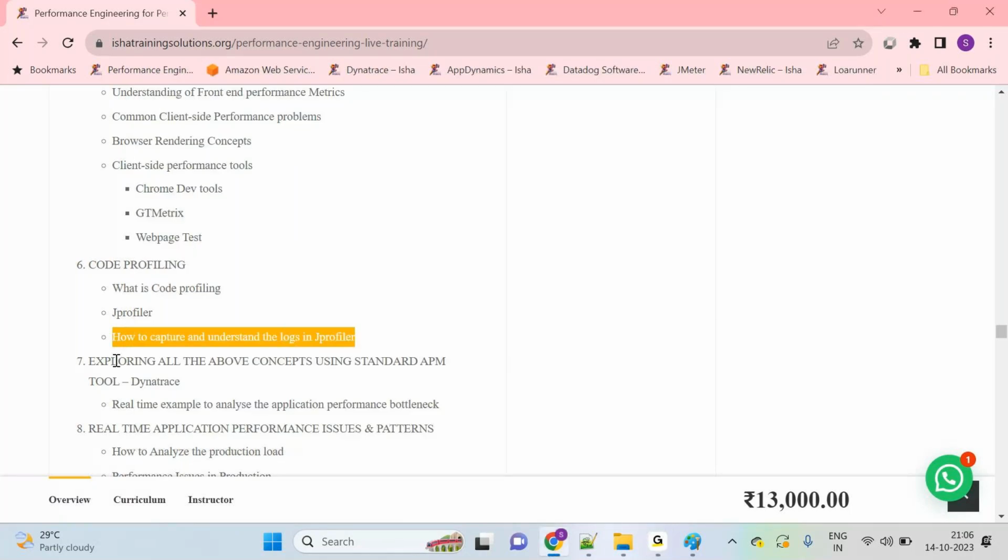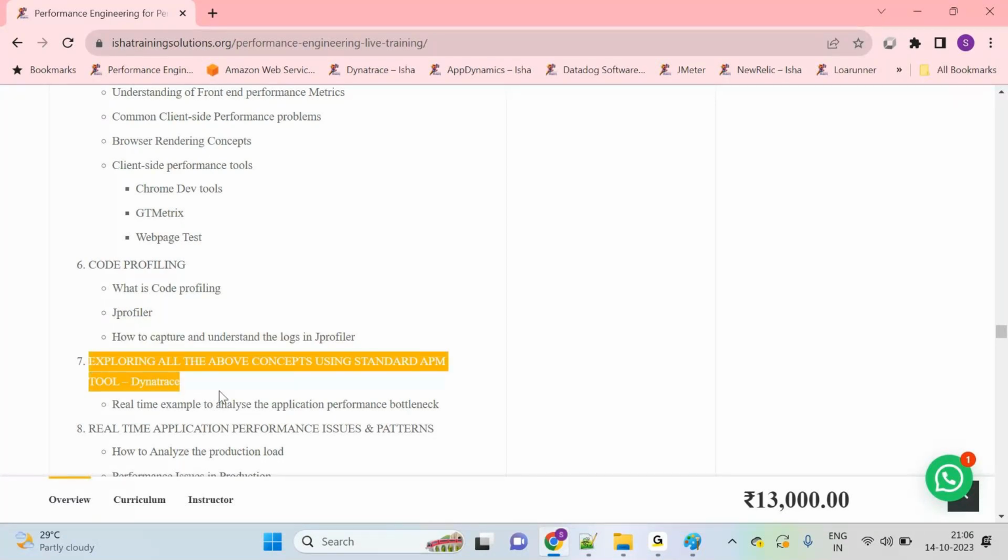And then the very important topic: actually we are running a separate batch for Dynatrace itself, but we wanted to add that content in this course content. We are going to learn about a very famous industry APM tool, the Dynatrace tool. With that tool, how we are going to identify the problem, root cause analysis, layer by layer monitoring, end-to-end monitoring, full stack monitoring, even observability, all those things we are going to learn. Now the industry is moving towards concepts like site reliability engineering or observability, right? So we are going to touch base with the observability discussion also during our Dynatrace session.